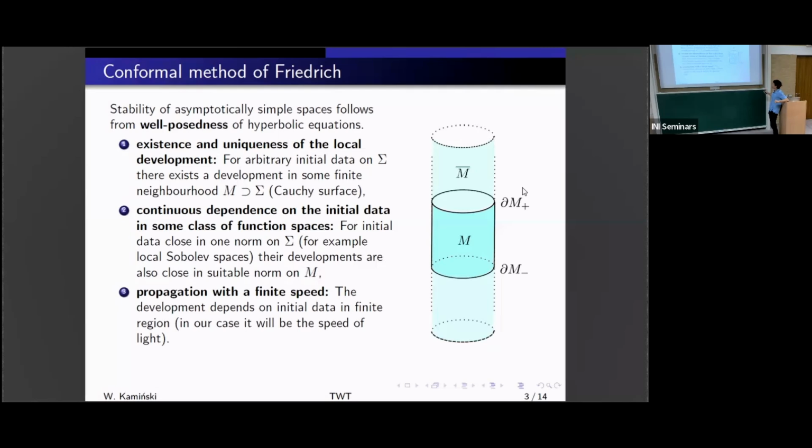Okay, so now if we have some Cauchy surface here and we perturb the initial data a bit, what happens? Of course, we cannot expect that singularities will not form. They can form, but if this perturbation is small enough, they will form in this unphysical part of the space. But then it means that the physical part will be untouched in some sense. Of course it will be a bit different, but it still will have this conformal boundary. Everything will be smooth. And this argument is just showing stability of the system. So this is the Friedrich proof.